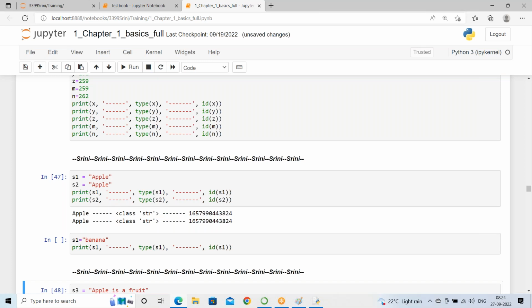There are only two behaviors in memory allocation, variable creation. One is, first it checks, is the object already available in memory? Is the 55 integer object already available in memory? Check first. If it is not available, create the new object. If it is available,